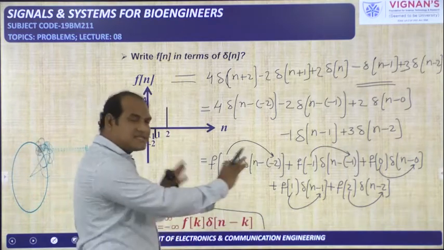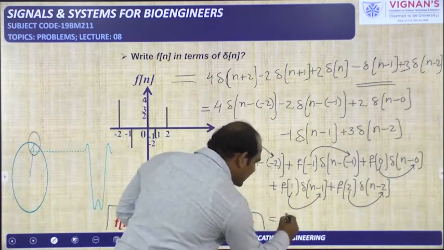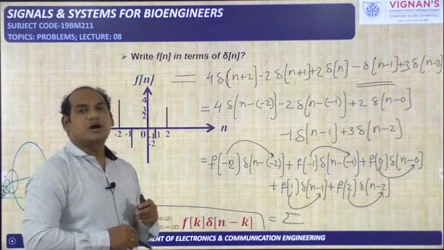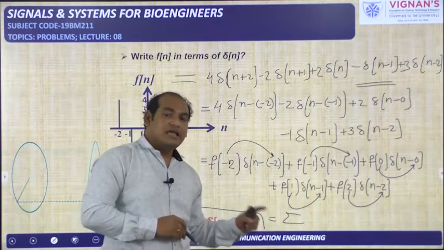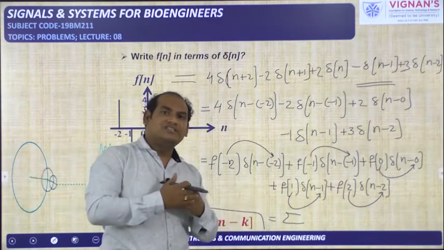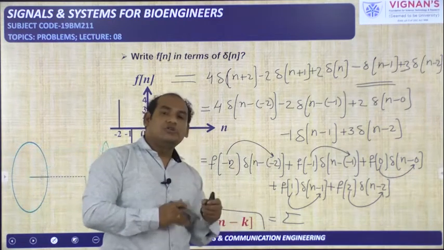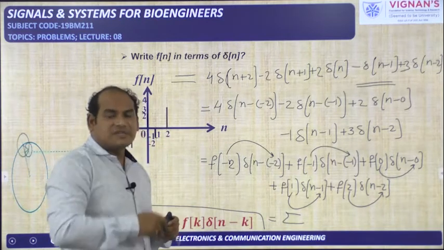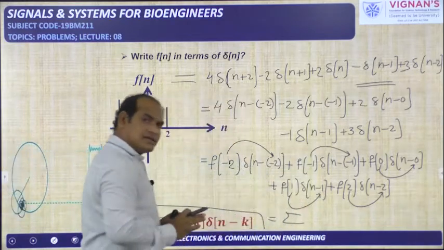So how to minimize this one? It is an addition, plus plus plus. That's why in discrete domain addition means we have to take sigma. In continuous domain addition means you have to take integration. Sigma represents discrete summation, integral represents continuous summation. In the continuous domain, if you want to do the addition or the summation, you have to use the integral. In discrete domain you need to use sigma. Because all are added, I have taken the sigma.